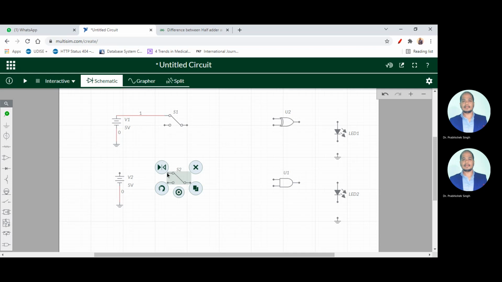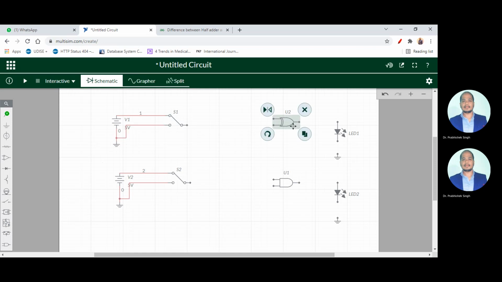Similarly you can connect this switch to this DC voltage. Similarly you have to connect this switch with the ground, directly with the ground. Now this part is over.